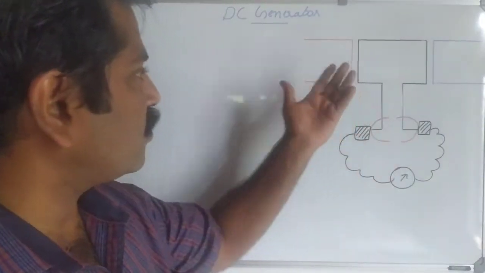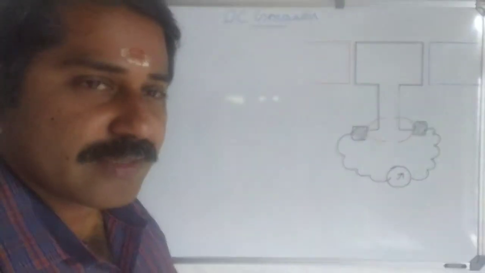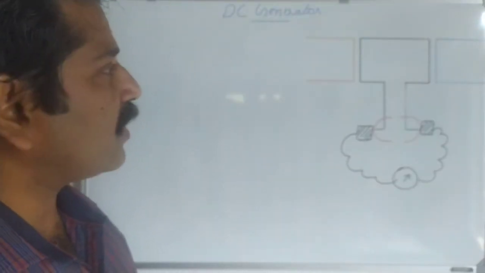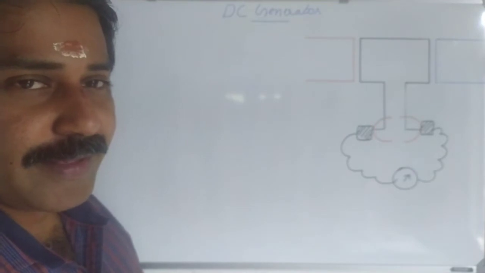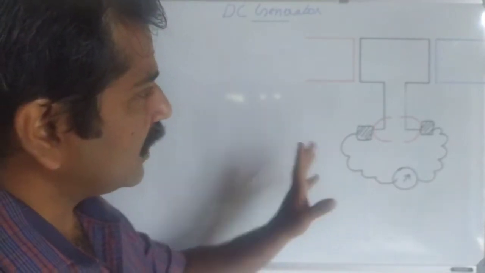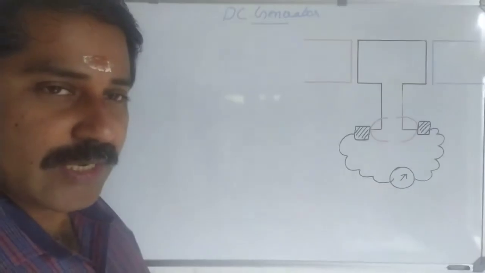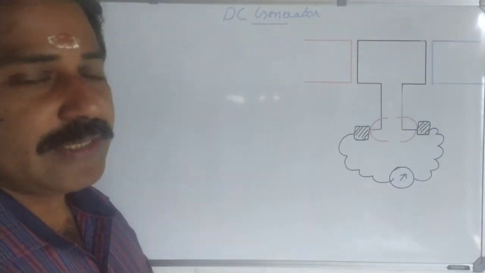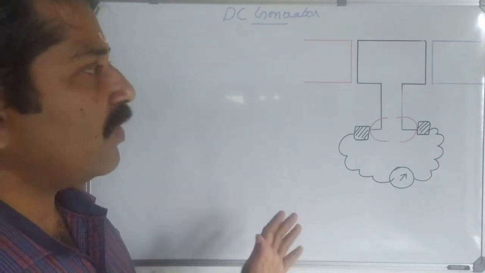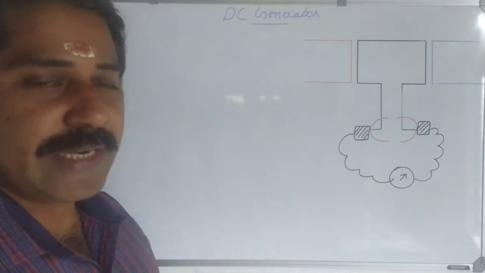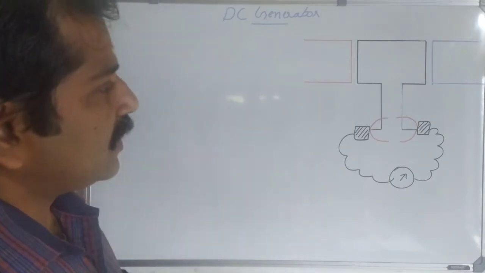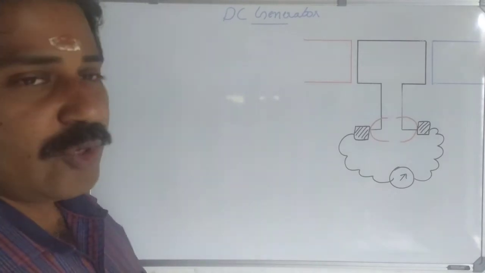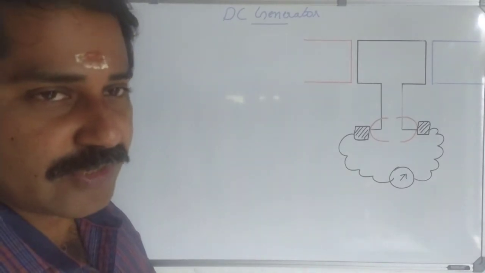So first of all, let us go through the diagram. Have you seen this diagram earlier, just before this chapter? Do you remember the diagram? It is somewhat similar to a DC motor, isn't it? Which we drew in the earlier chapter, and we learned the different parts of that device. So the diagram is similar to that one, but here it works and produces electrical energy.